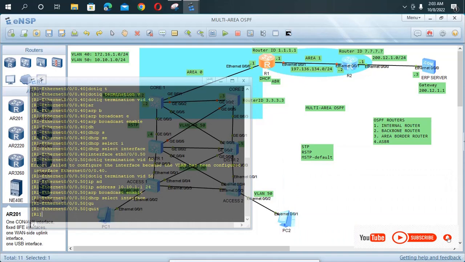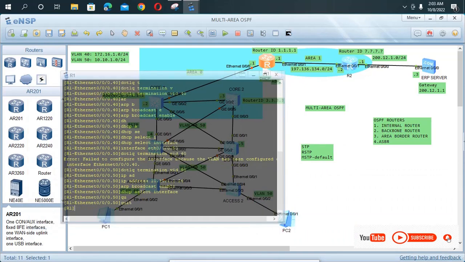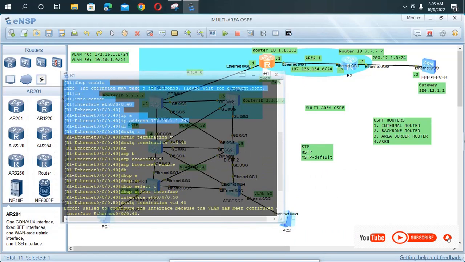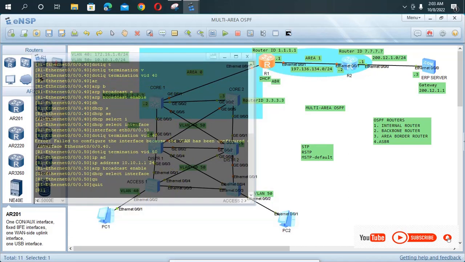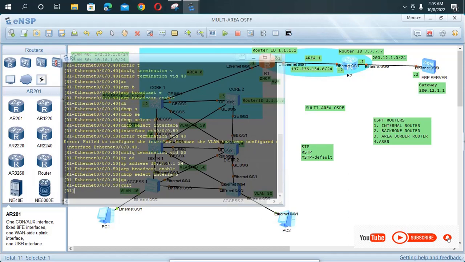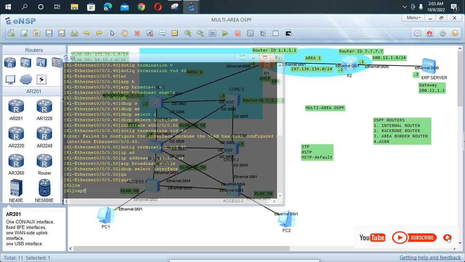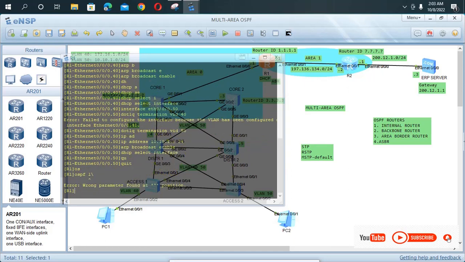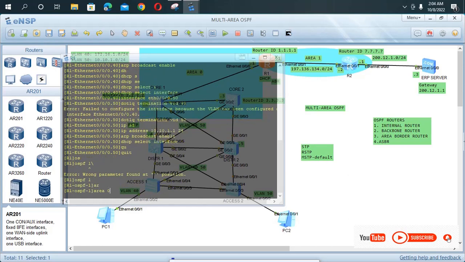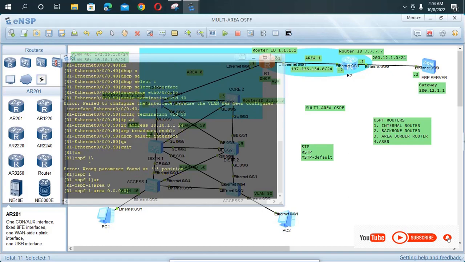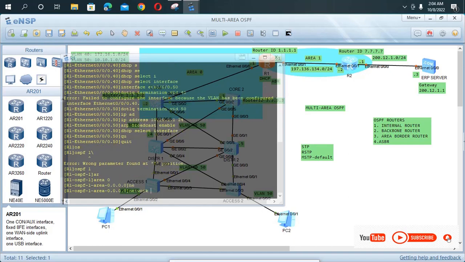So enter OSPF 1, area 0, then the network of